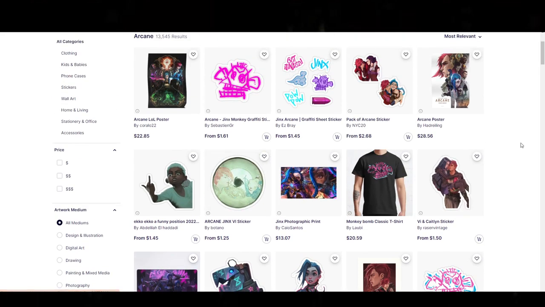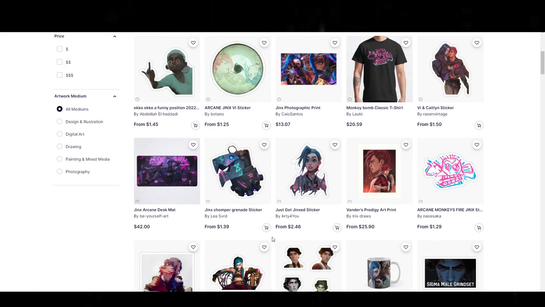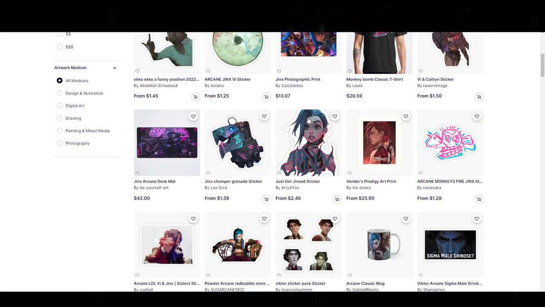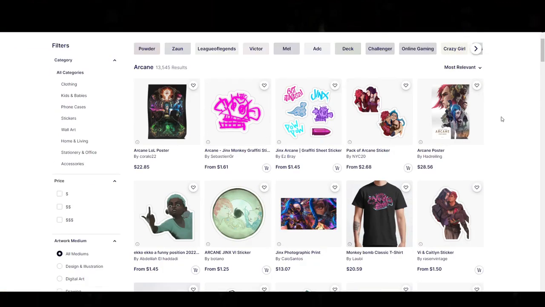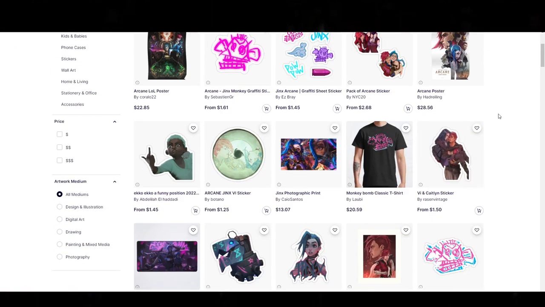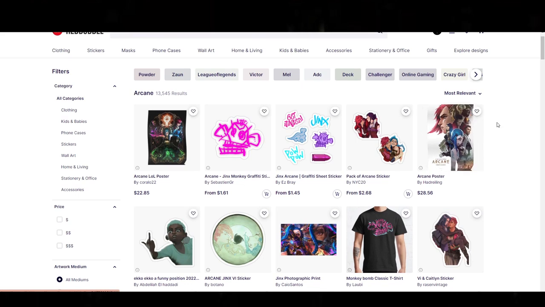But under Redbubble's circumstances, Redbubble is not actually going to take this content down because they believe that it might fit in fair use. So this actually creates a loophole within Redbubble's system where by default, they're saying everything is fair use. The only time it triggers their algorithm is when a certain keyword is used and then it is